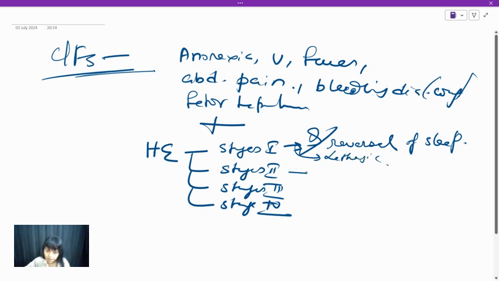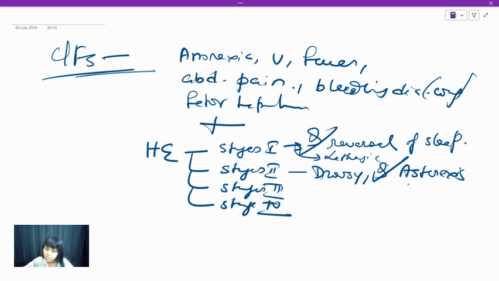What's important regarding stage 2 is the child will be drowsy, but more important is there will be development of asterixis, that is what we call flapping tremor, right? So flapping tremor develops in stage 2 of acute liver injury, right? So this is very, very important from your MCQ point of view as well, and also very important